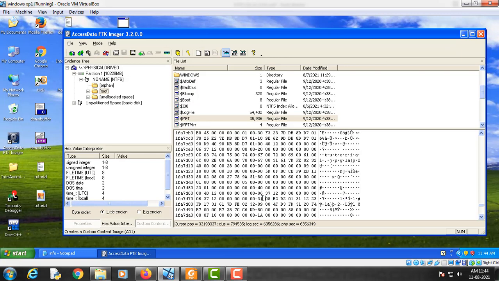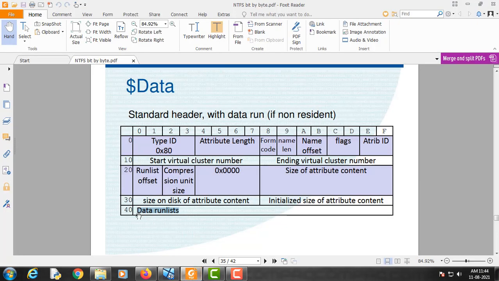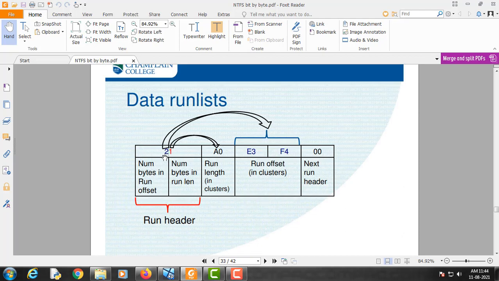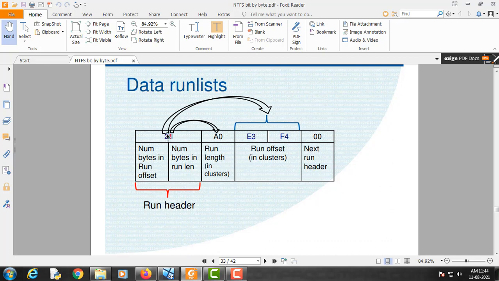Now in order to read this data run list, we will take help of another diagram, which is this. As you can see, this number here tells us the number of clusters the file is going to occupy, and this digit tells us the starting cluster of that portion of the file.